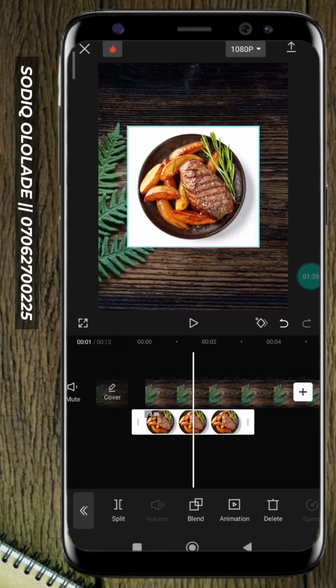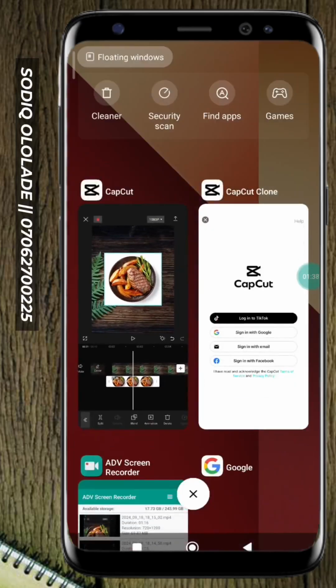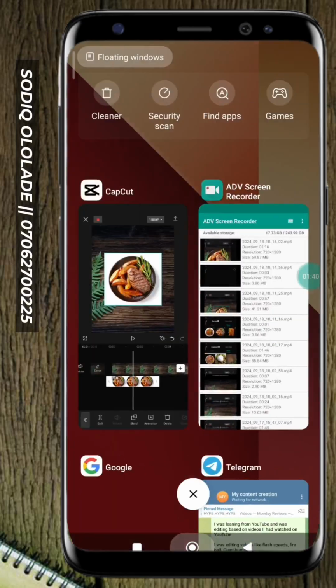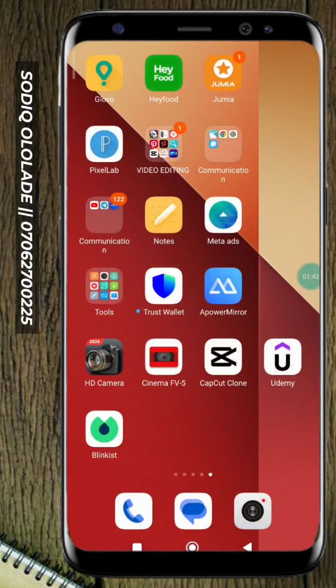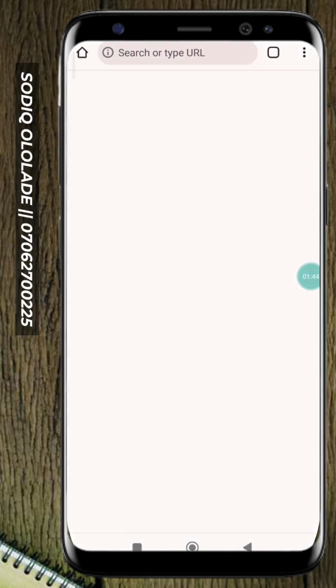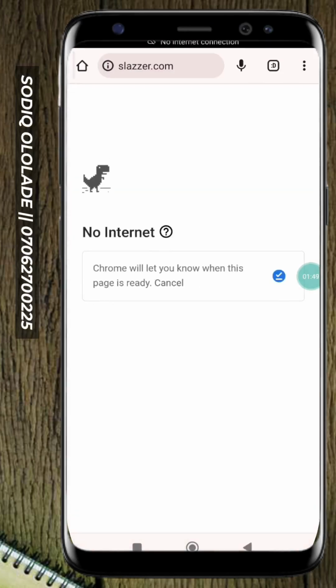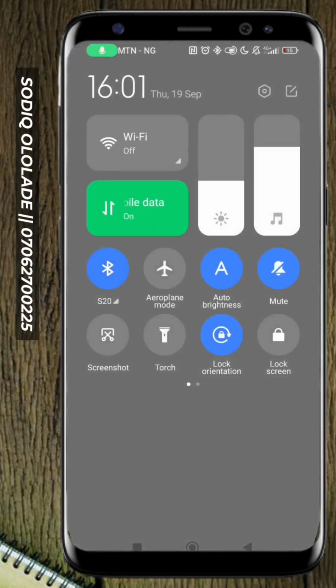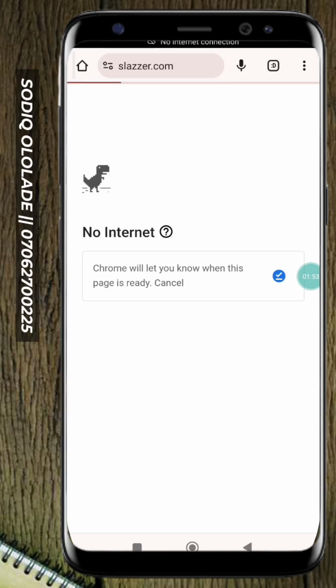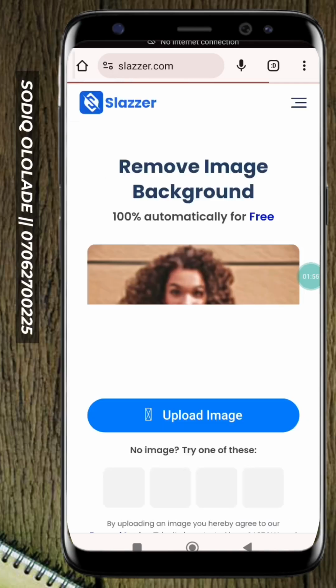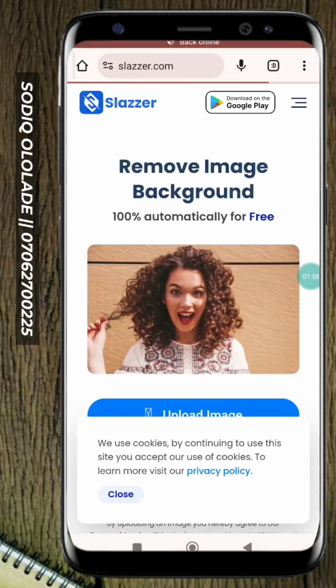So what do you do? You go to remove.bg, or you can go to your browser and go to slazer.com or remove.bg, any one of the two, depending on your choice. So what you just need to do is to upload